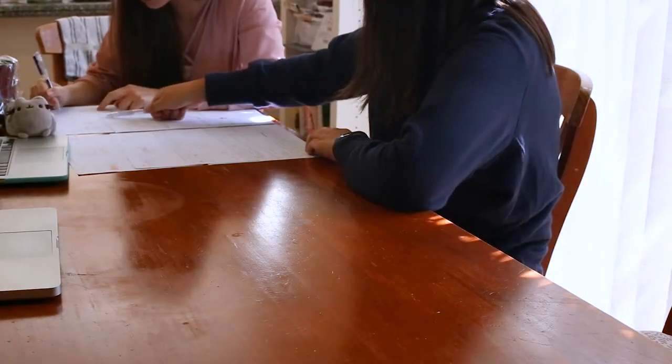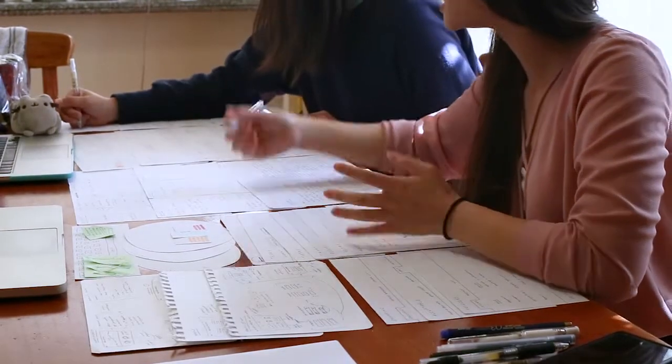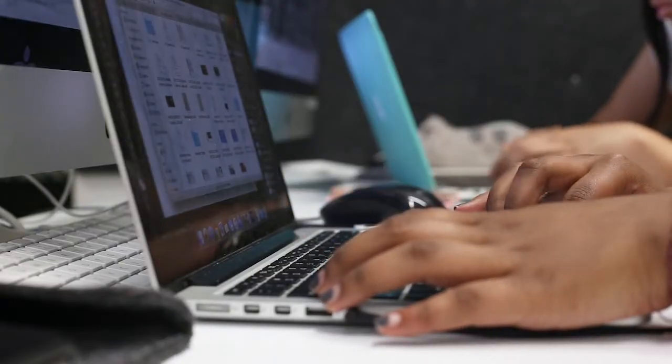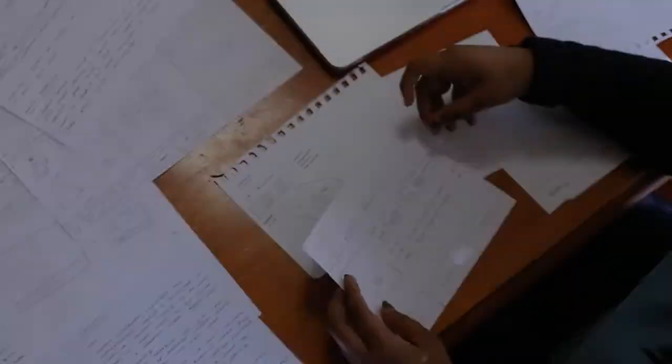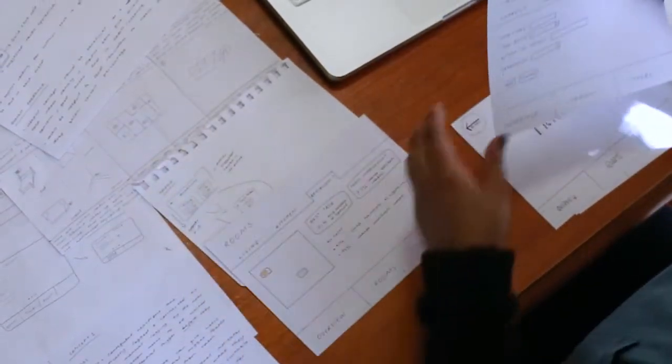Now, the journey to developing the Habitracker was really one of discovery. We started with secondary and primary research with a range of methods and participants, which we then analysed to outline our core user needs. Our ideation then began, and here the basic idea of the Habitracker emerged based on our